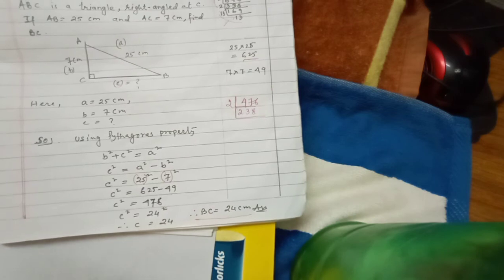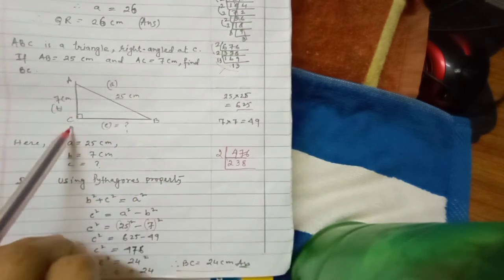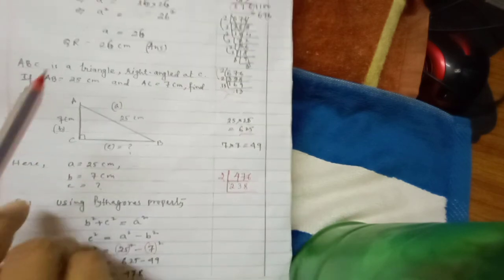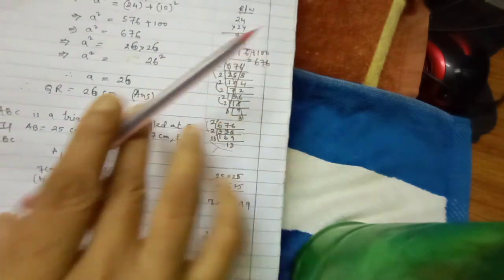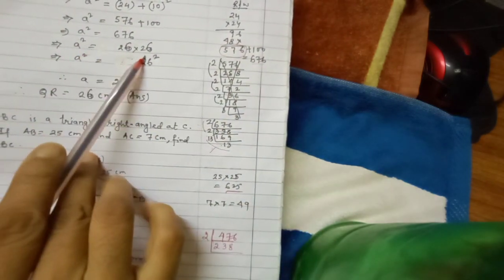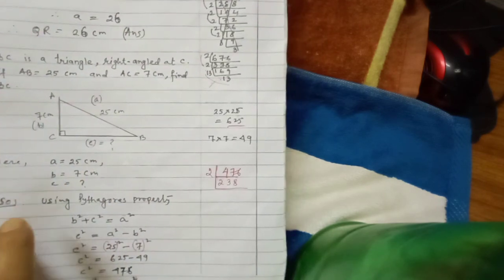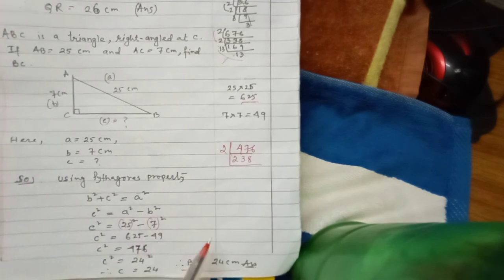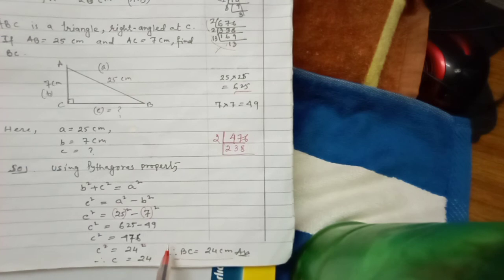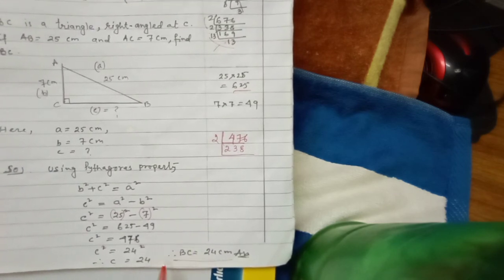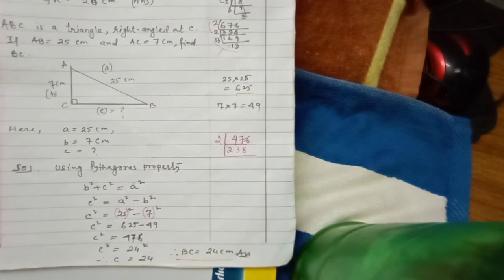I have given only 2 sums today. As you are doing it for the first time, you may get a problem in finding this portion only, finding the square. Try to understand. I will be available in the class. When you are facing any problem, you can ask me in the class, 2 periods are there, or if you have only 1 period, you can ask in that time also, or afterwards. I hope all will try to find this out. Solve it nicely, try to understand,